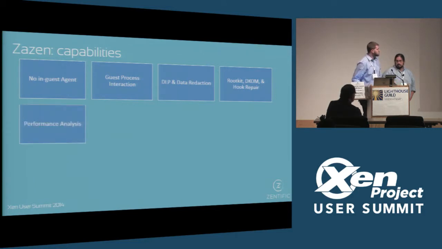And some interesting things that we've come across is performance analysis and looking at metrics of a VM. There's a lot of things that are interesting inside of the VM that you may not always have access to. You may be looking at a customer's machine for support, and they want to know why their performance is bad. Well, you may not necessarily be able to get into that VM, but we could let you know what processes are running. Standard performance counters that you'd want.